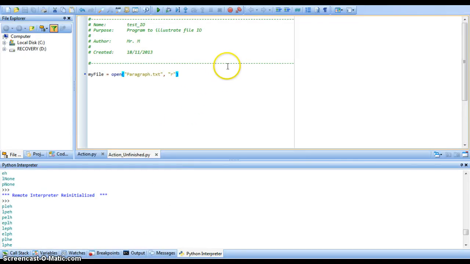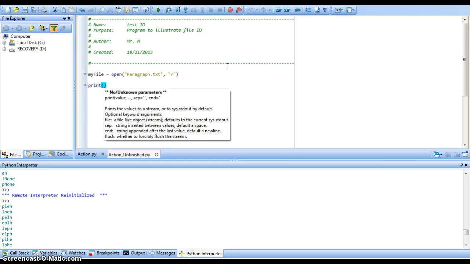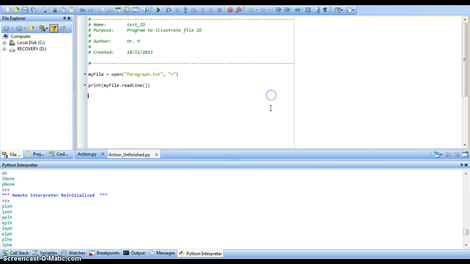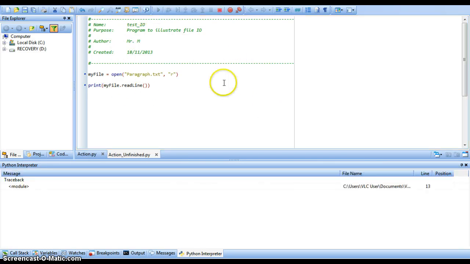If I open up my paragraph.txt, I've got this file handle called myFile. And if I use myFile.readline, I'm going to print that to the screen, whatever I have. And so when I run this,